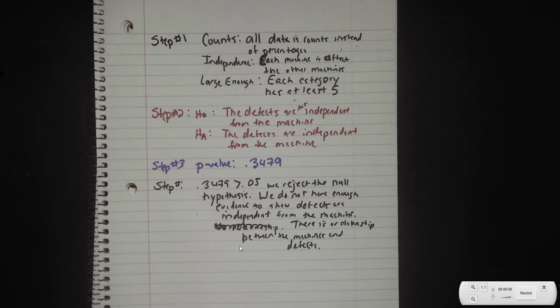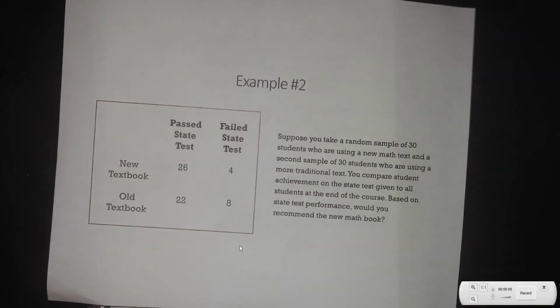Okay, last one. Example number 2. Suppose you take a random sample of 30 students who are using a new math test and a second sample of 30 students who are using the more traditional text. You compare students' achievement on the state test given to all students at the end of the course. Based on state test performance, would you recommend the new math book? Okay, so